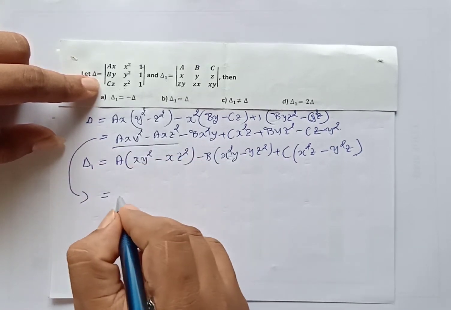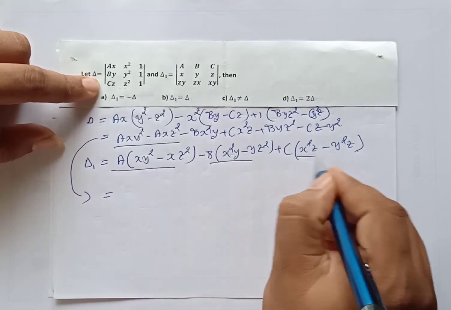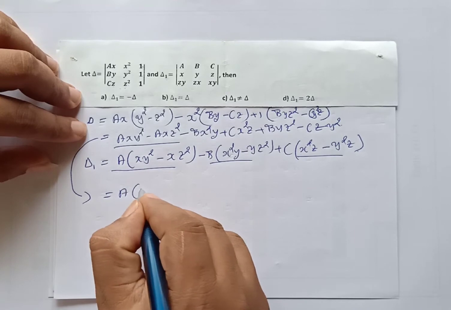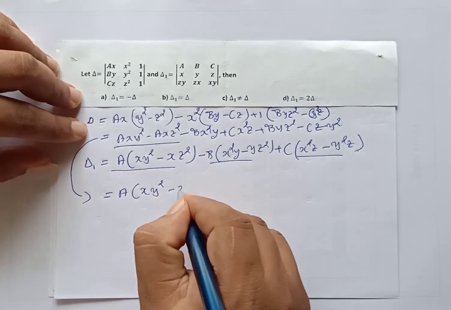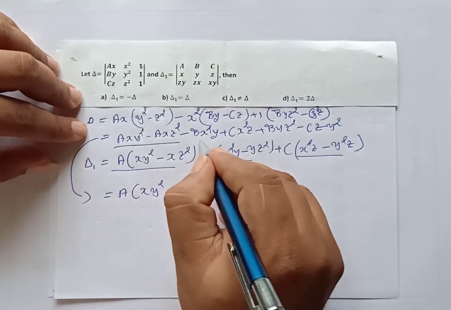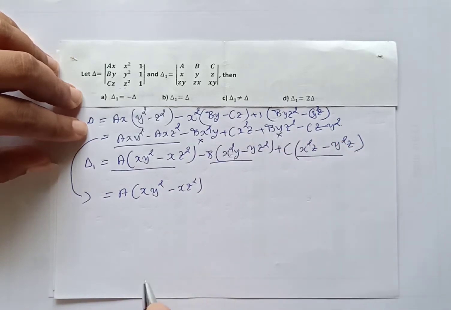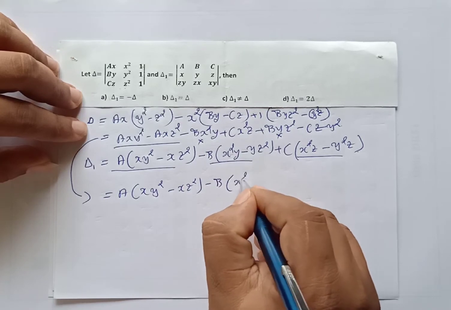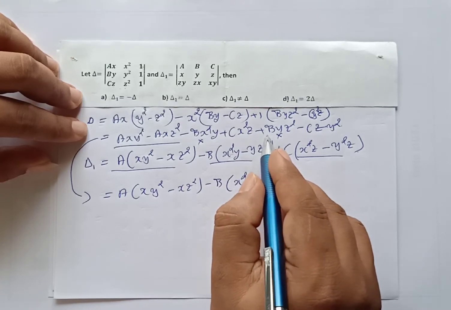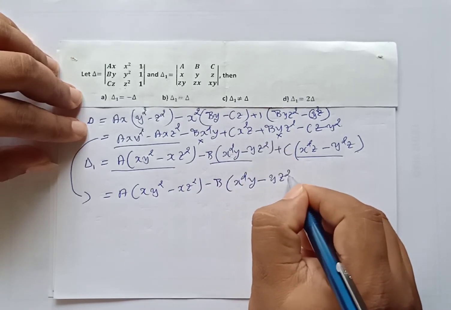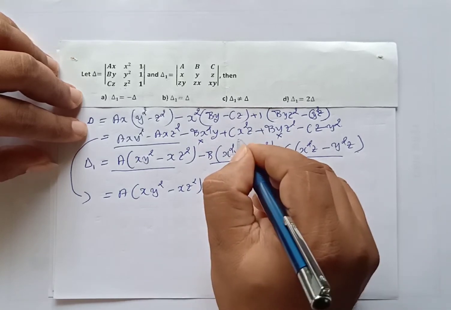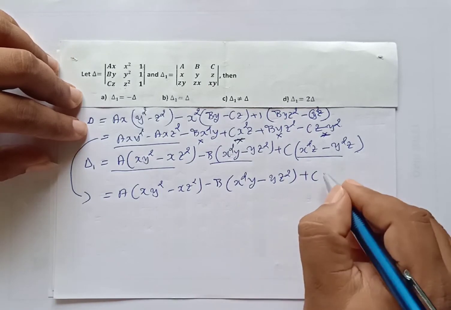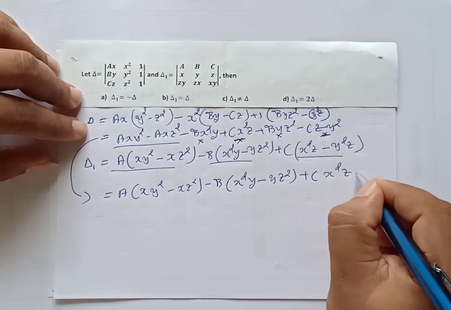Here we can write a common. See, all are a into b into c into. So this one entire this I am going to write a into x y square minus x z square. Here one is here on b, here on b. I am going to write minus b outside and I am going to write x square y minus, I took minus outside, so we can write y z square plus c. See, here and here in these two, c we can take common and we can write x square z minus